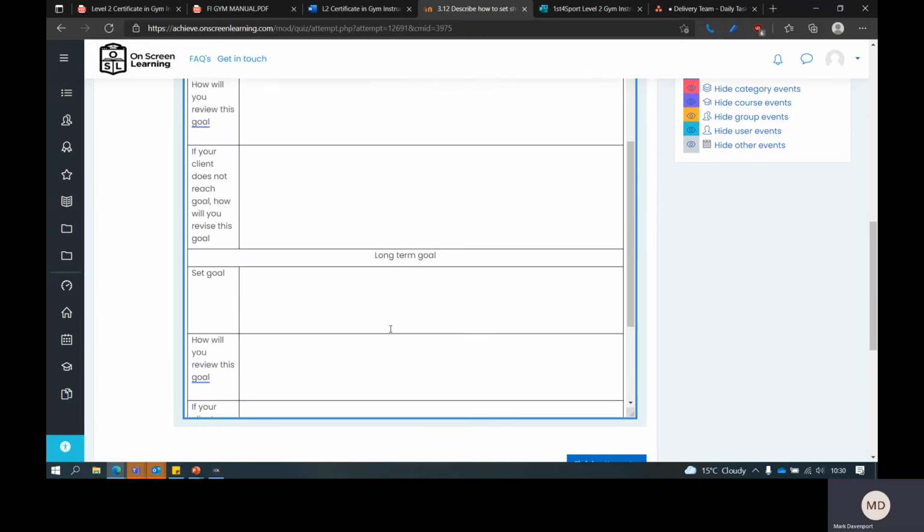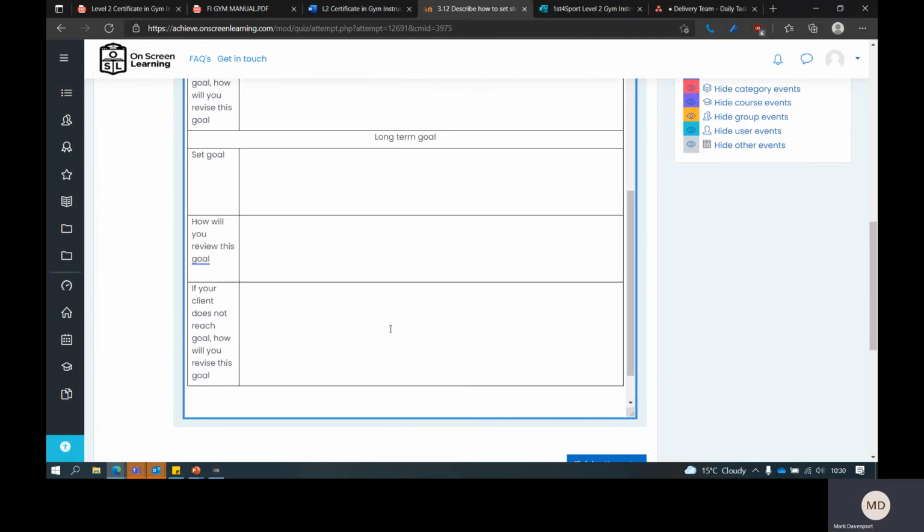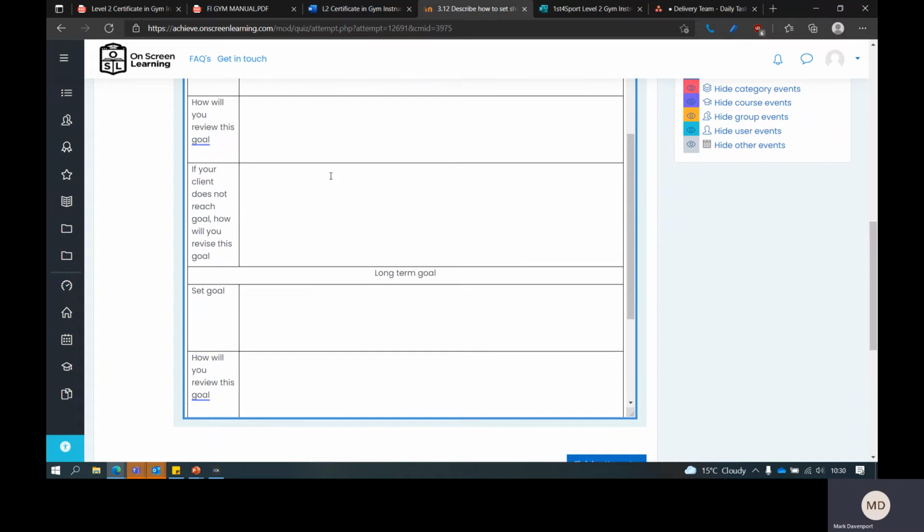A really easy way is to start with your long-term goal and then work your way backwards. So if your long-term goal is to lose 10 pounds of body weight by, I don't know, the 1st of November.